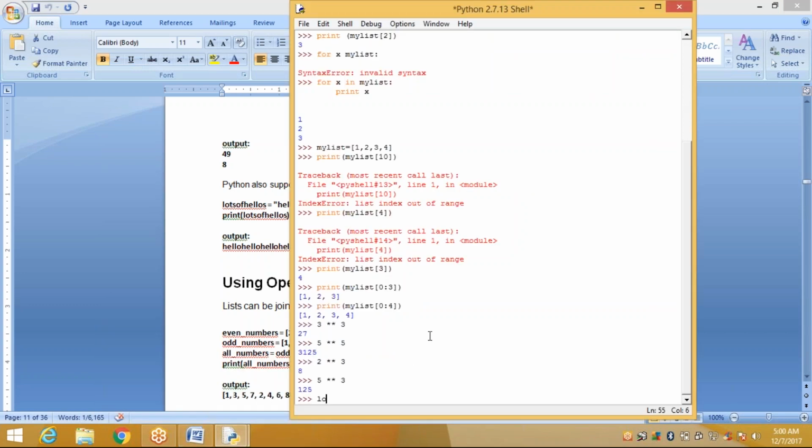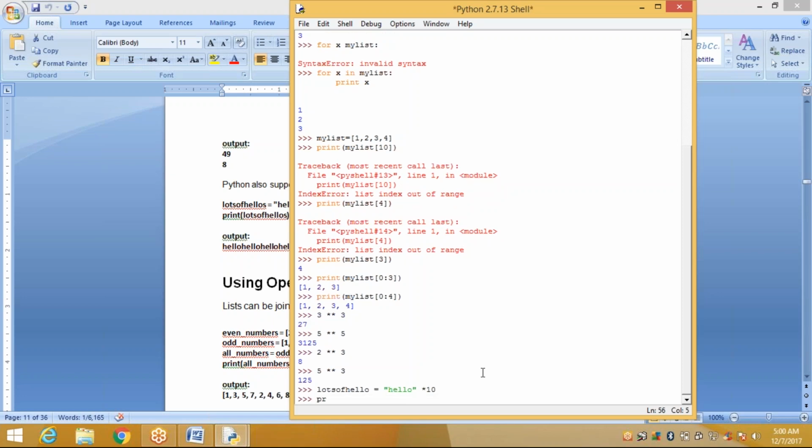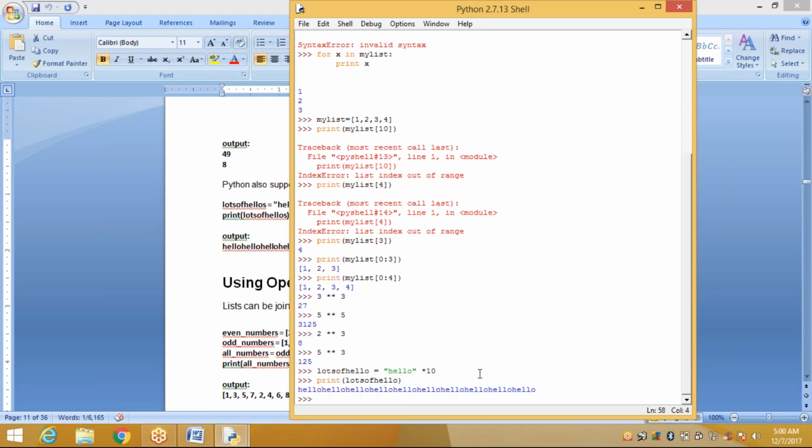Type your string hello, multiplied by 10 times, then print lots of hellos. In total it will print 10 times.